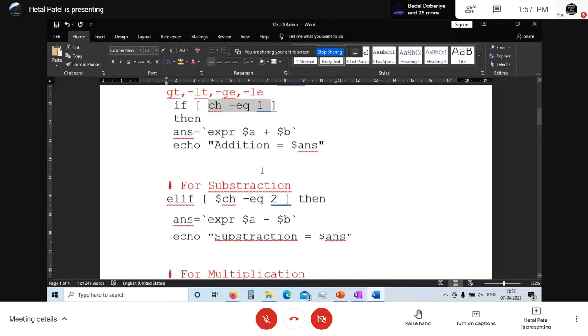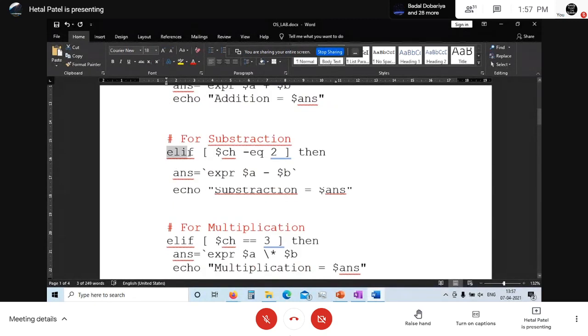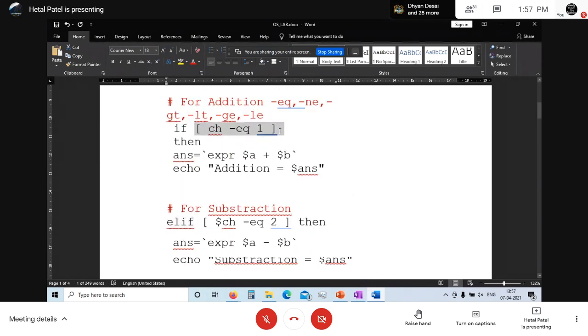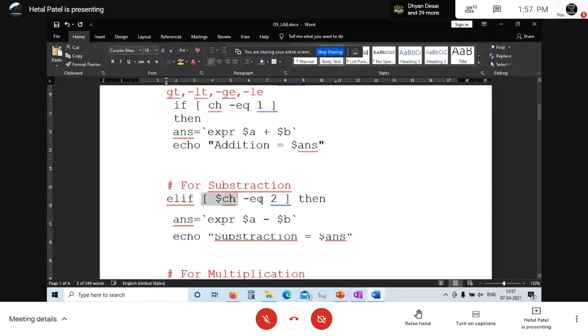If this choice is not matched, I'm writing another if with the else if. This is an else if command we are using. Just check it out. What is it doing? It is checking whether the first if is true. If it is not true, it will check the second if. So this is an else if. You can write it this way in your shell script, elif.